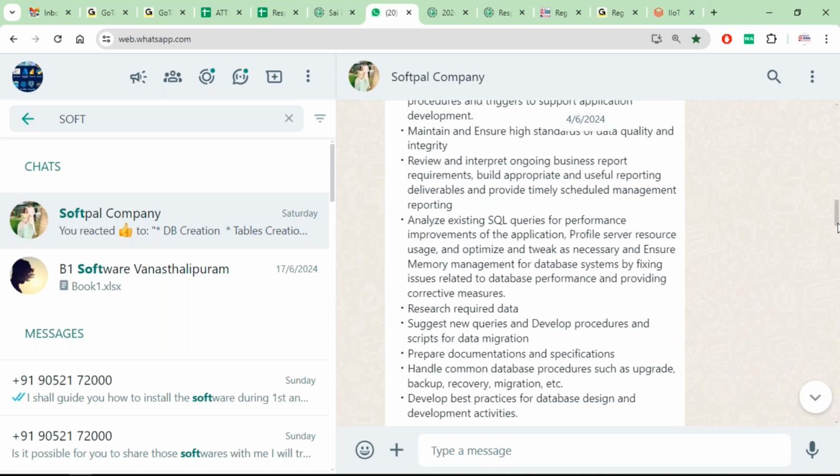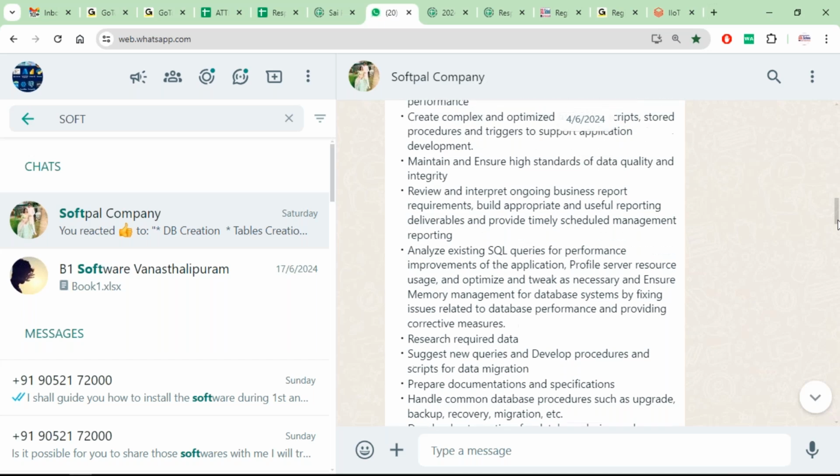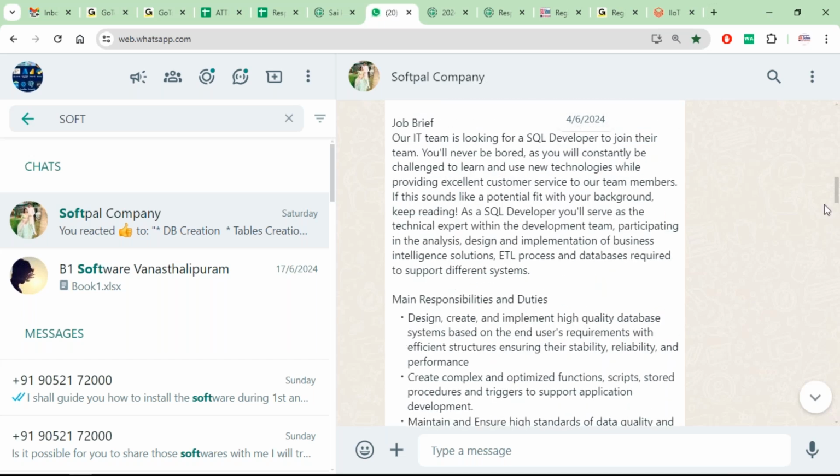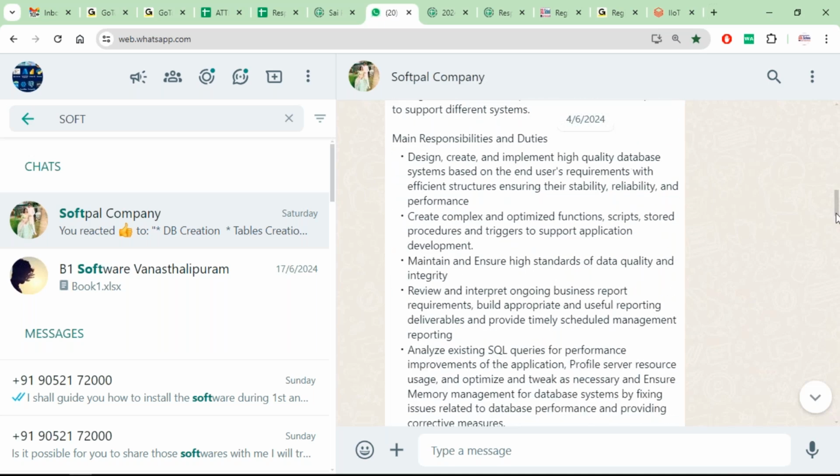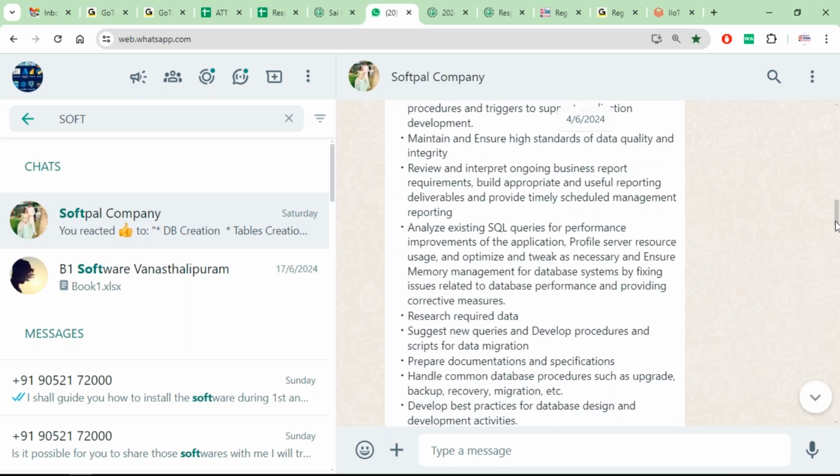The job title says SQL, but when I go through the requirement, they include administration and ETL activities also. When I scroll down, I could see other things as well, like upgrades, backups, recovery, migrations.